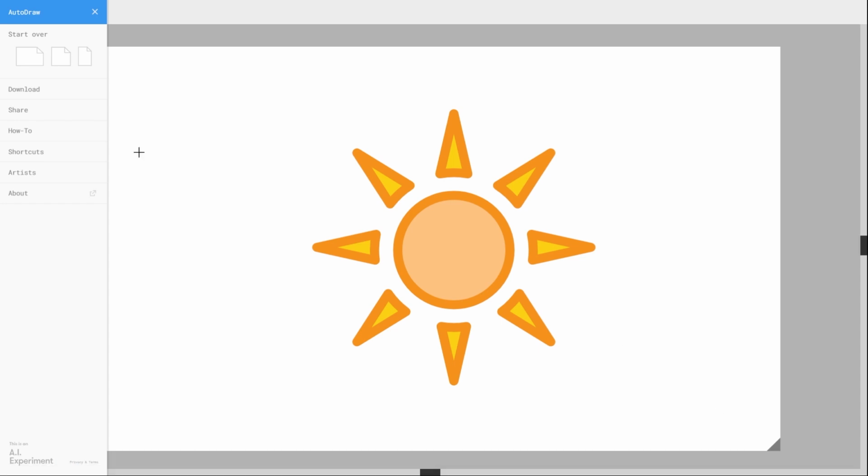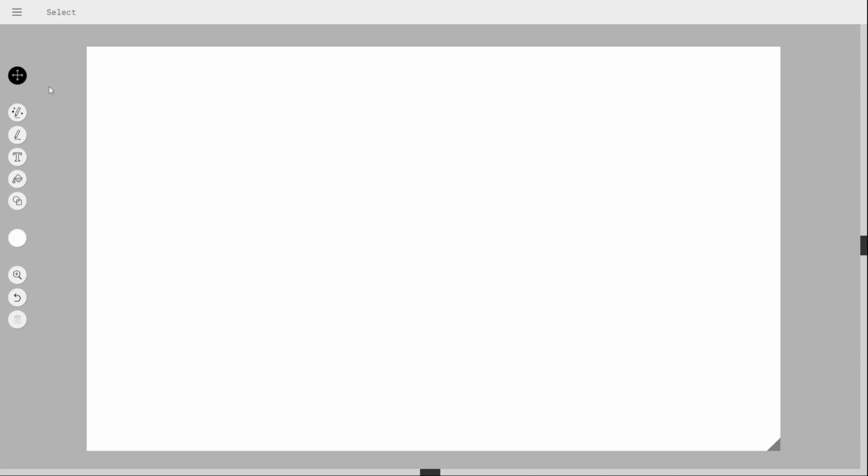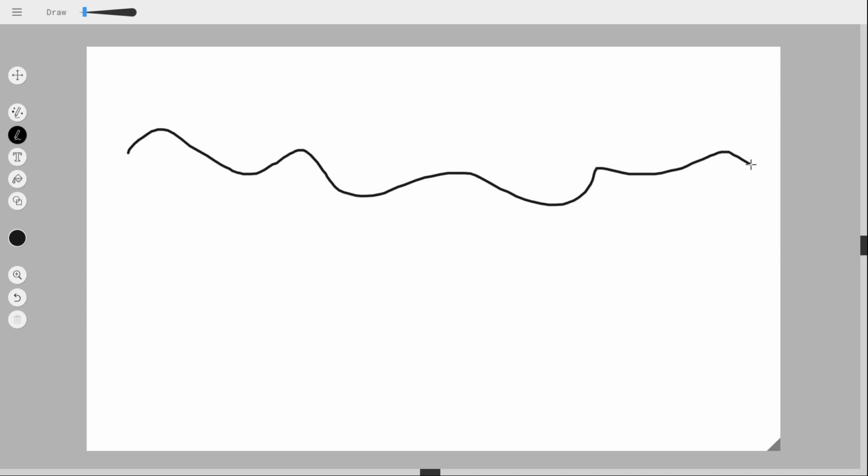Now let's make some more icons. To delete this, select this and hit on delete. Again, select this tool, the Autodraw. If you want to sketch your own, just select this one and change color to black and then draw anything that you want. Use this one to Autodraw from that. For example, if I do this,